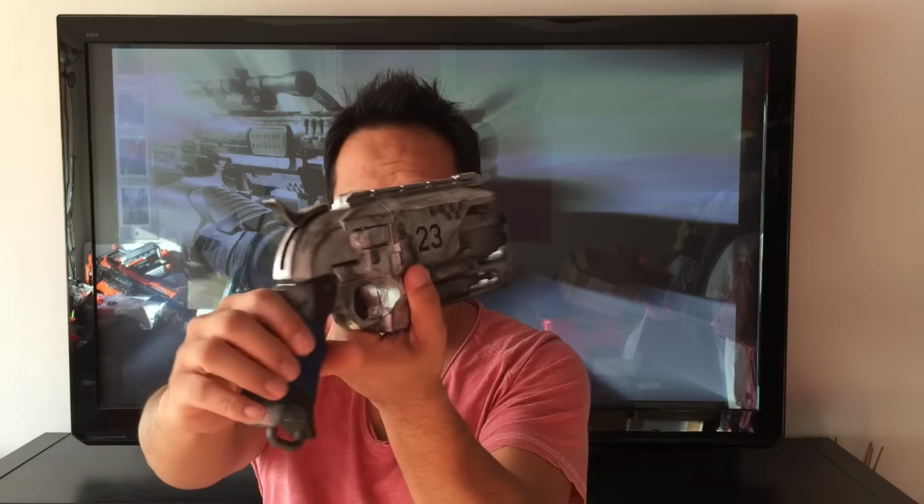So all in all, this is a really awesome blaster, and it has all the features you can get on the market. I'm talking about the hammer and the turret, and definitely one of the best Hammershots that I have seen,